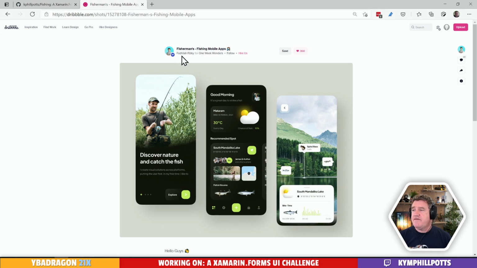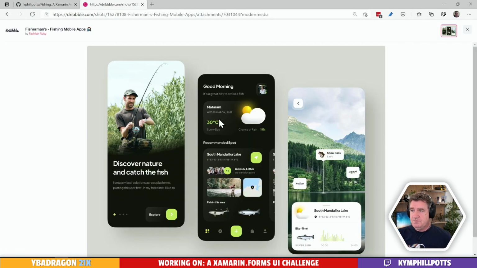It's by Fadila Rizki. And it's quite a nice little design. So this is what we're going to have a look at today. So hopefully everyone is doing well. All right, cool. Let's talk about why